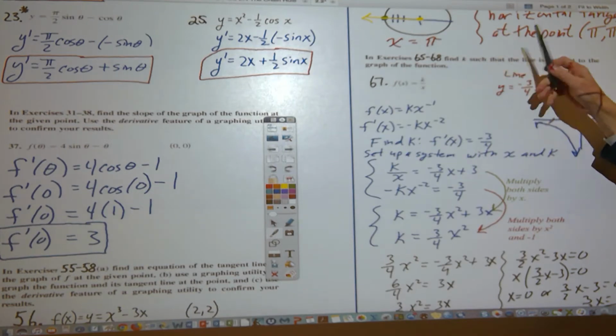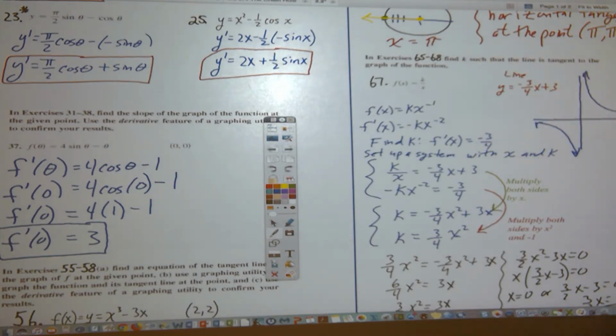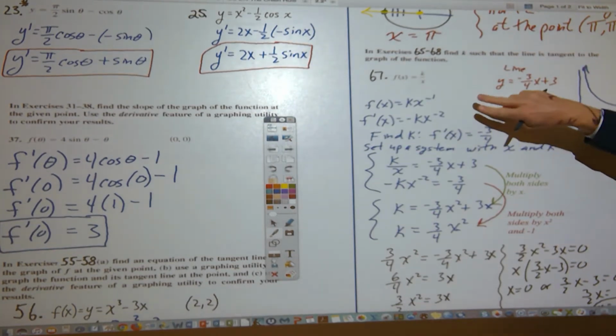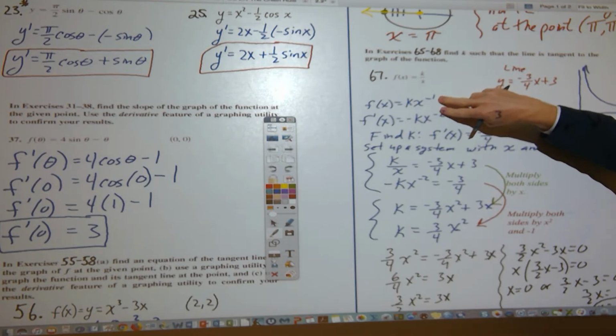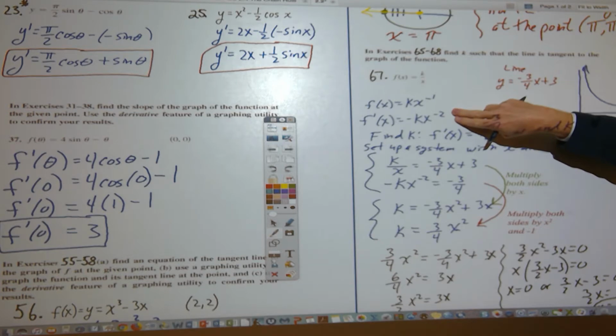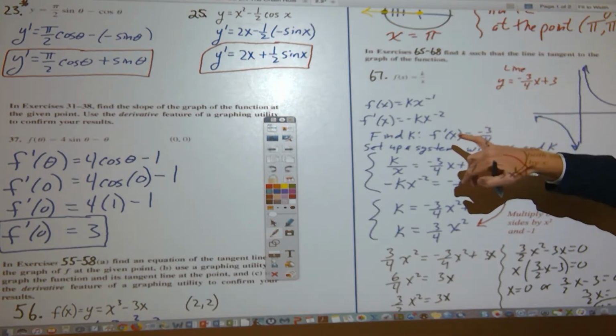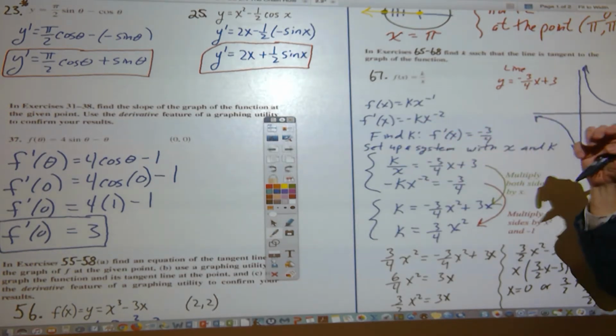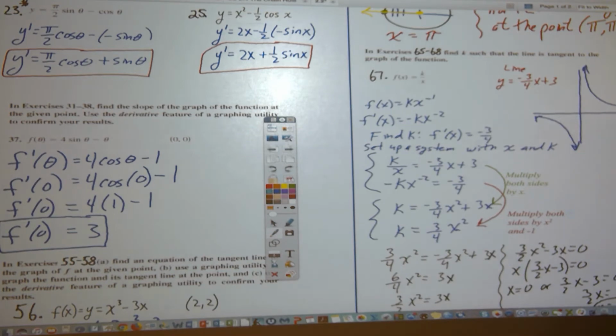tangent to the graph of the function, we basically have to say, well, I'm going to rewrite the function as kx to the negative 1 so that I can use my derivative shortcut. Using the derivative shortcut, think of k as just a constant, x is a variable. You've got negative kx to the negative 2. So to find the value of k, I set up a system of equations. First of all,